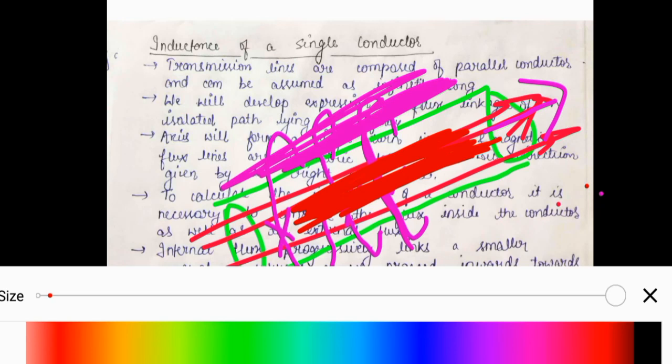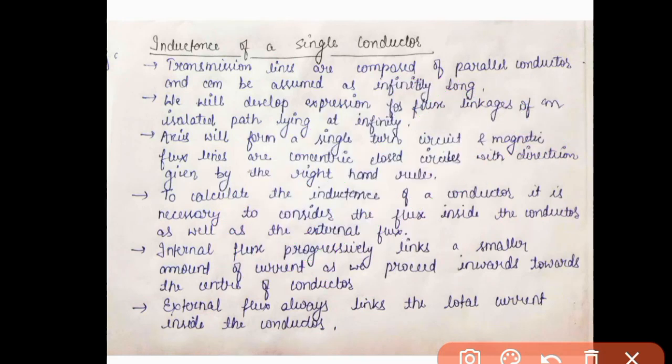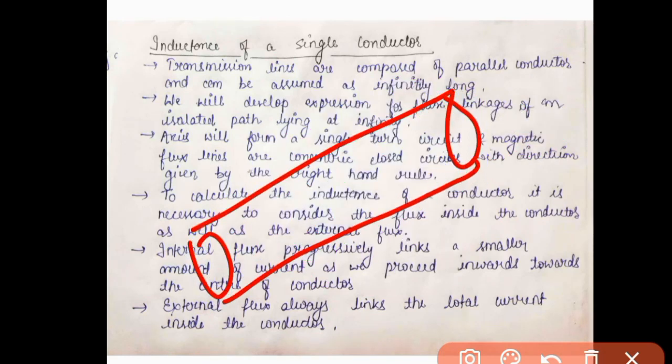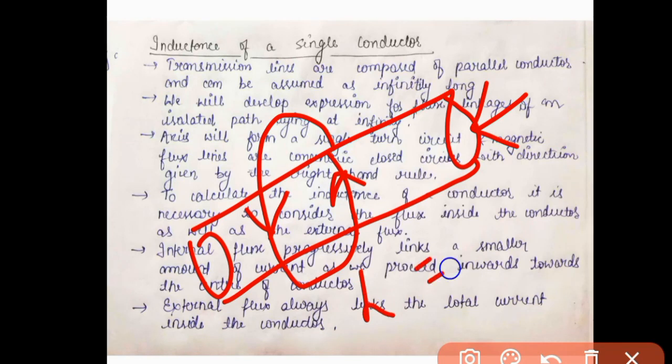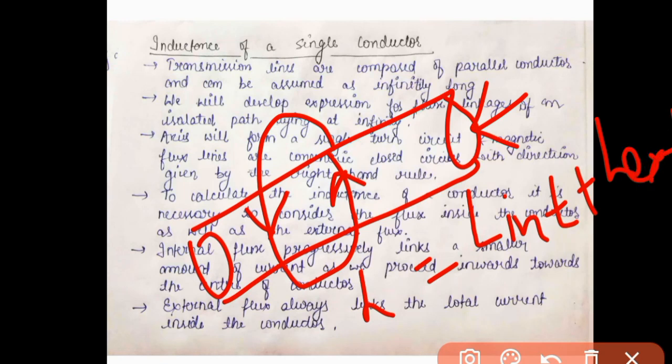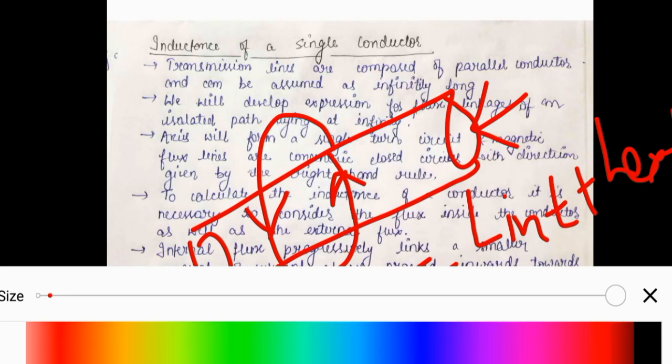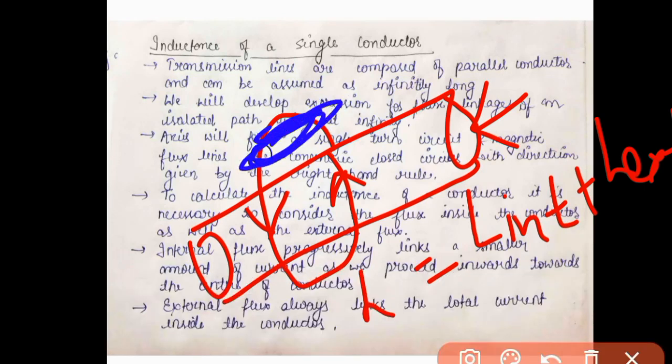इसका मतलब ये है कि हम लोग आज क्या करना चाहते हैं कि जो हम लोग का किसी कंडक्टर, जैसे ये मेरा कंडक्टर है, तो इसमें अगर फ्लक्स है तो फ्लक्स क्या है, मेरा इनसाइड भी है और आउटसाइड भी है, पूरा कंडक्टर में है, इनसाइड में भी है और आउटसाइड के कुछ पोर्शंस में भी होता है. तो इन जनरल हम लोग को क्या निकालना है, इस कंडक्टर का टोटल इंडक्टेंस क्या होगा, इंटरनल इंडक्टेंस प्लस एक्सटर्नल इंडक्टेंस. एक्सटर्नल इंडक्टेंस किसके वजह से, जो मेरा मैग्नेटिक फ्लक्स है, इसके वजह से एक्सटर्नल इंडक्टेंस, और जो इंटरनली लिंक कर रहा है फ्लक्स, उसके वजह से मेरा इंटरनल इंडक्टेंस। तो हम लोग को क्या फाइंड आउट करना है, इंटरनल इंडक्टेंस।